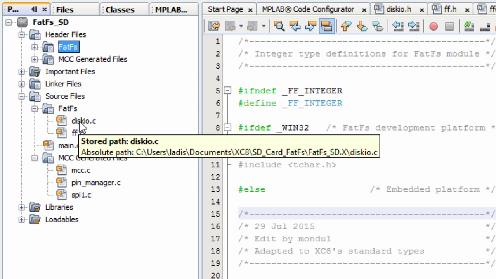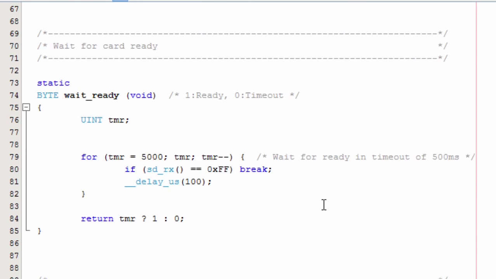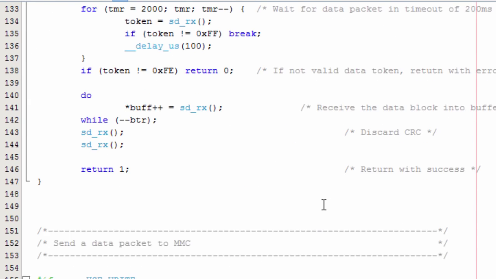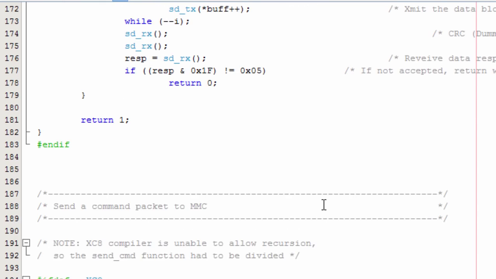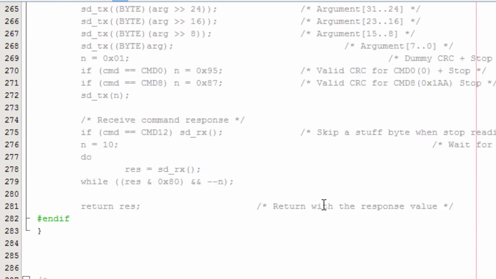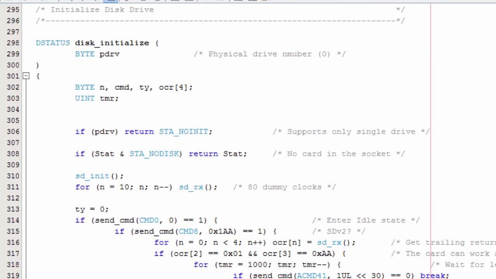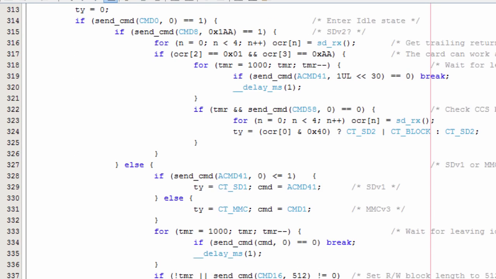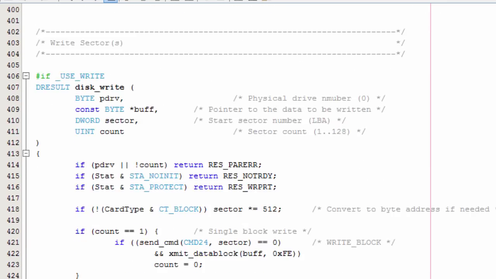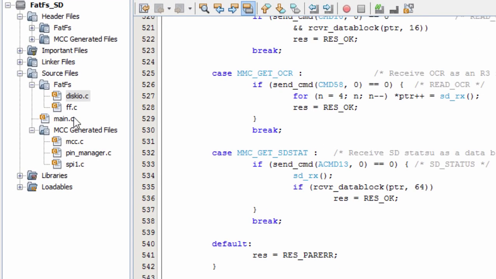This is our diskio.c. And lastly, this is our ff.c.